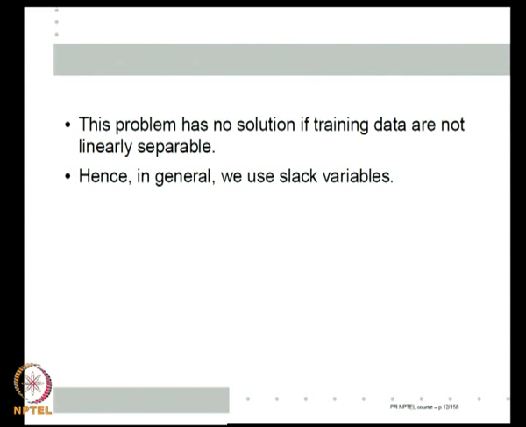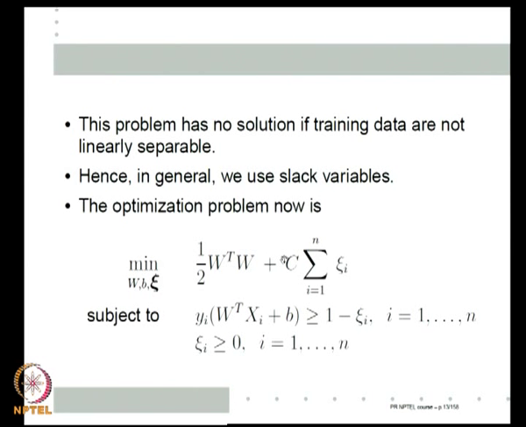Then, like in any standard optimization problem, we use slack variables. So, the problem becomes y into W transpose xi plus b greater than or equal to 1 is what we wanted. If we can't get it greater than or equal to 1, then greater than or equal to 1 minus ξi. Now, given any W and b, for every (xi, yi) in my example set, I can find a ξi such that this is satisfied. So, every W, b is feasible now, right.